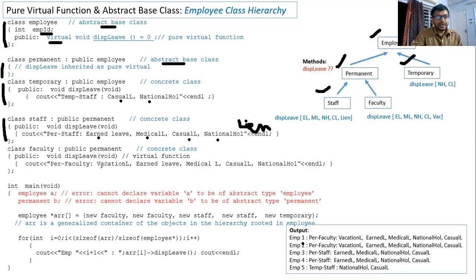And the faculty will have all these 4, in addition to that we'll have the vacational leave, and the faculty is implemented. So faculty is a permanent employee, staff is a permanent employee, so they are inherited from this temporary class, and accordingly we have defined their display leave. Now in the main function,